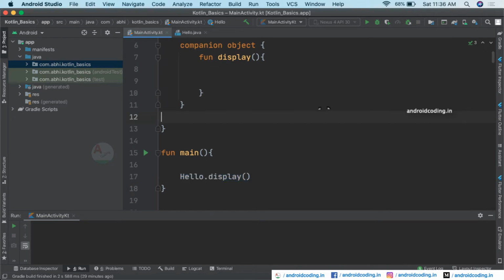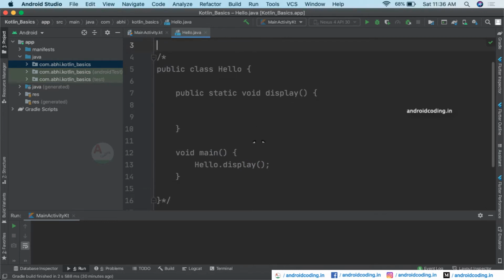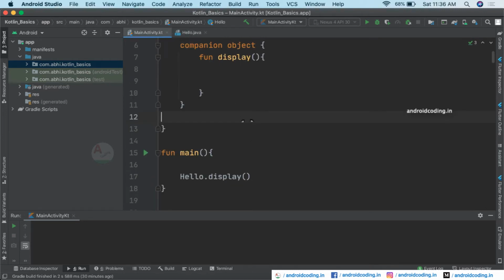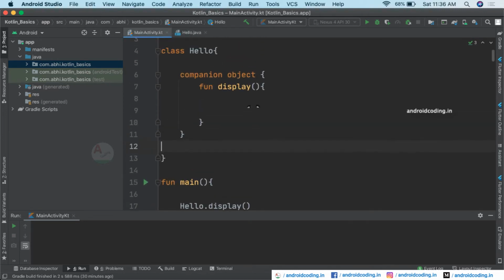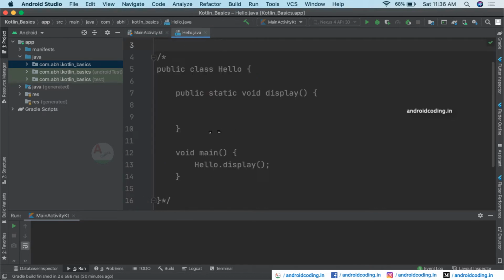Now we have seen the creation of static methods in Java and also in Kotlin. We also know that Java and Kotlin code are interoperable, so we can access Kotlin code inside Java, and the Java code you can also access in Kotlin. So now let us try to access this method display in the Java code.